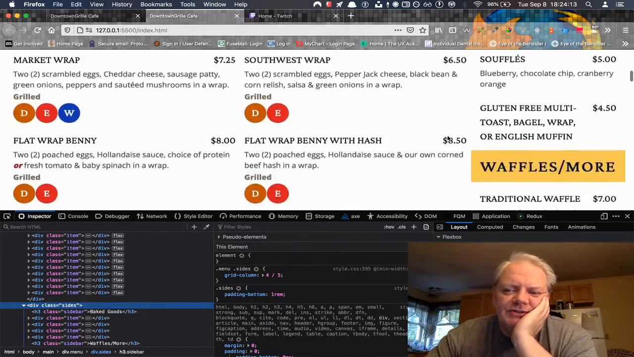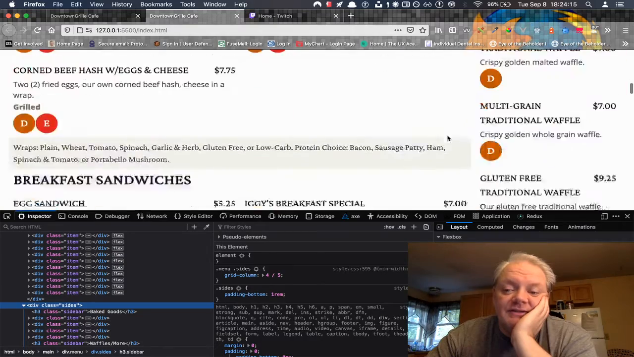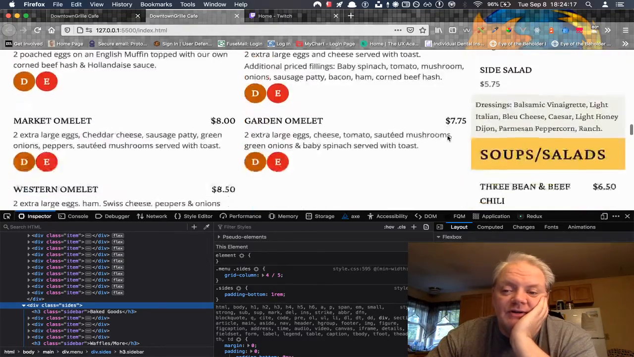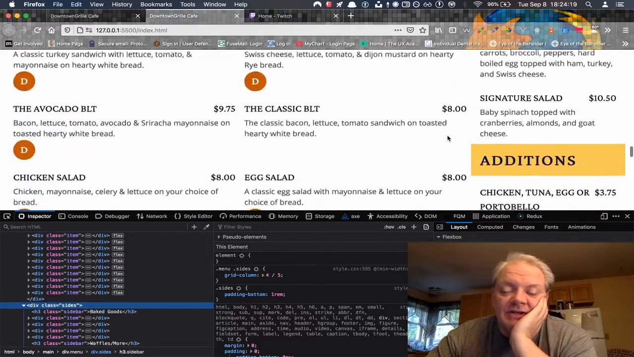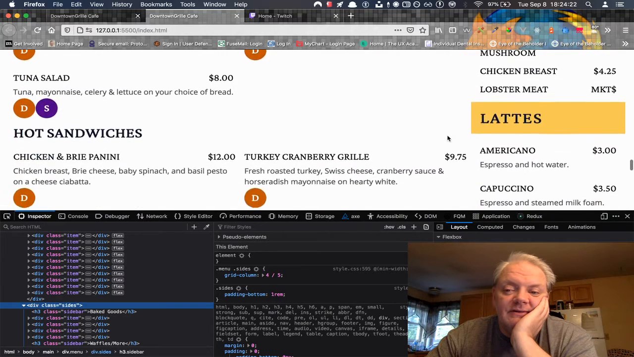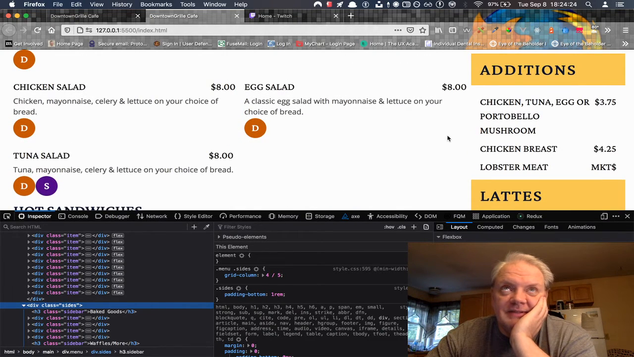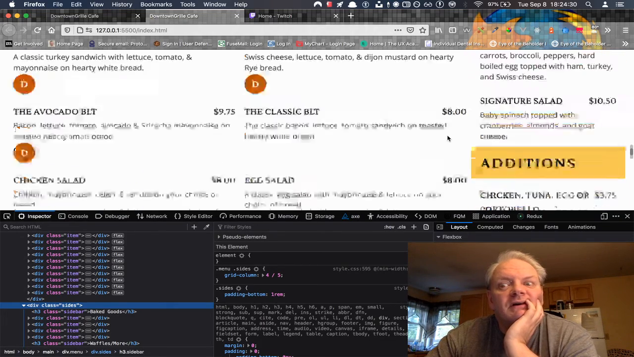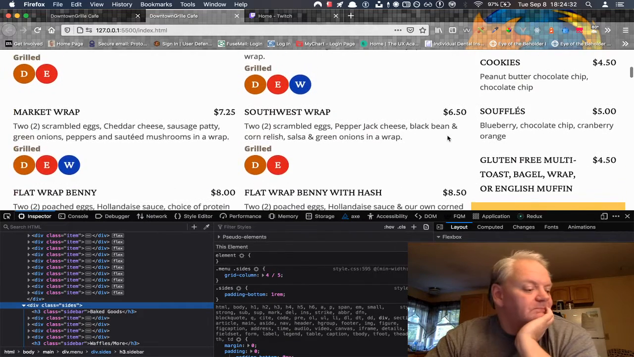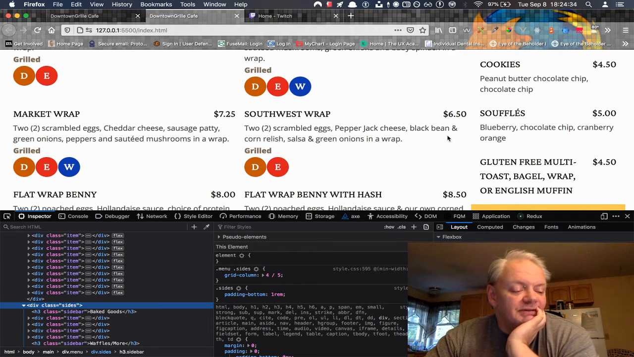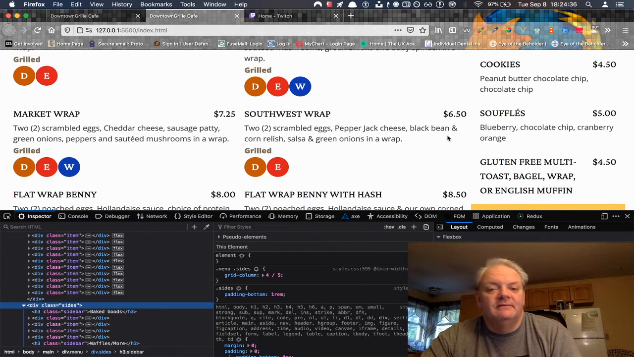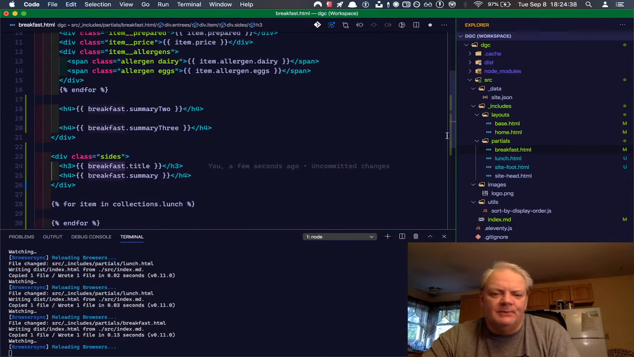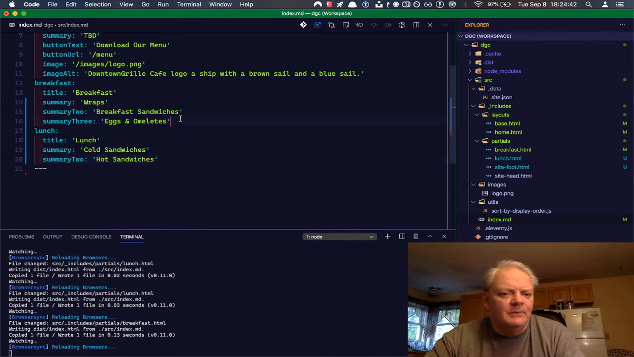Two of which are in breakfast, 2 of which could be in lunch. 2 would be in a miscellaneous, so I could come up with a miscellaneous collection and stick baked goods and waffles in the breakfast. So let's do this. Go back to index and let's do